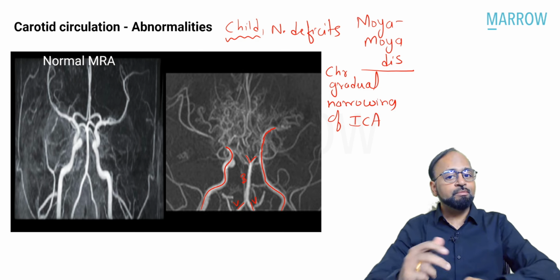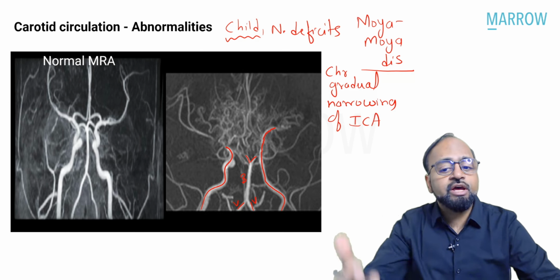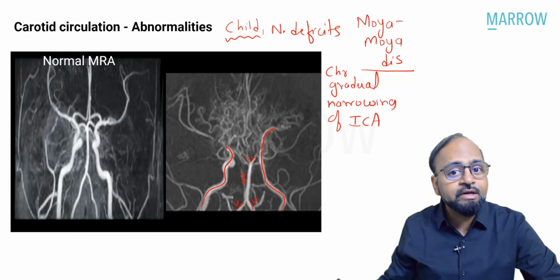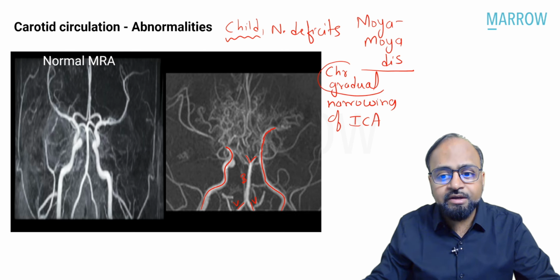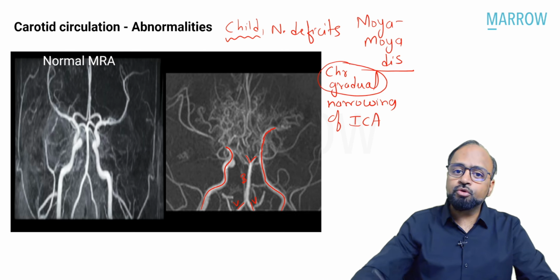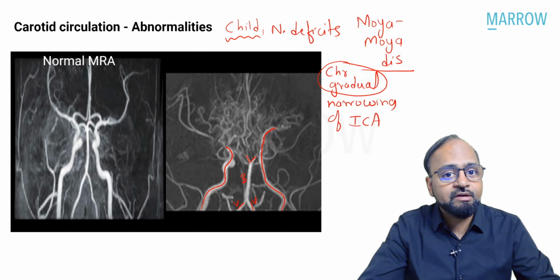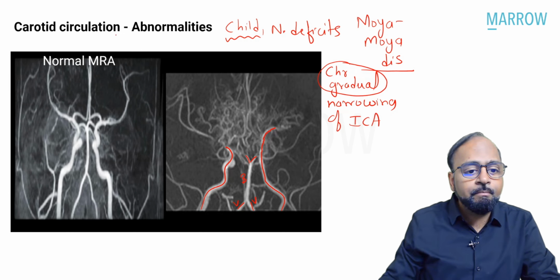But the disease is not funny because it affects children. What is Moyamoya disease, right? It is chronic gradual narrowing of the internal carotid artery that affects children. But remember, it is not an acute thrombosis or an occlusion. It is chronic and it is gradual. So what does the body do? Because it is chronic ischemia, right? Gradual narrowing, the body tries to compensate for this narrowing. How? By creating multiple